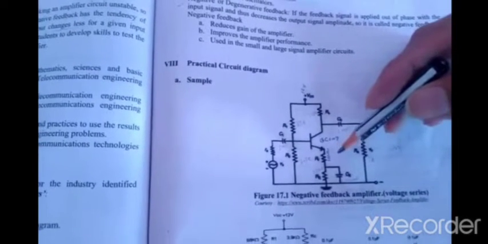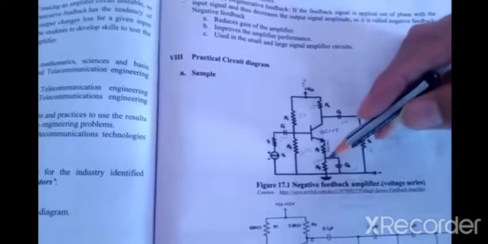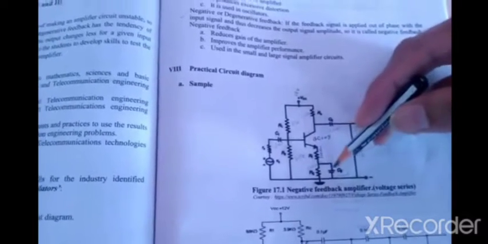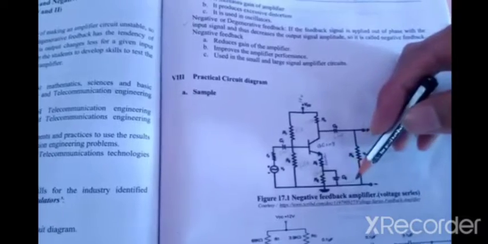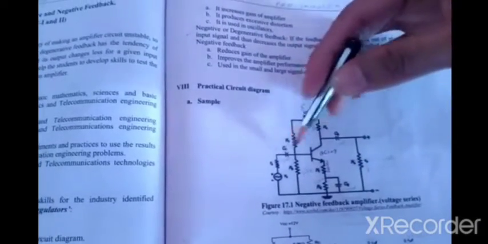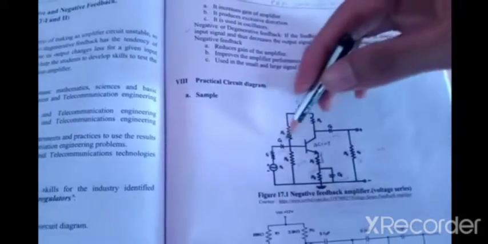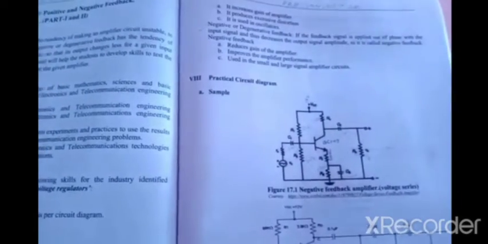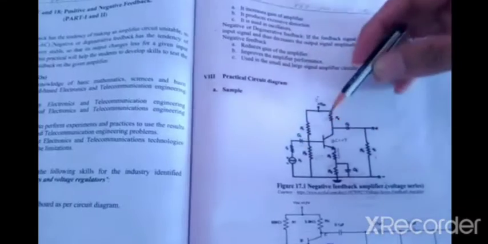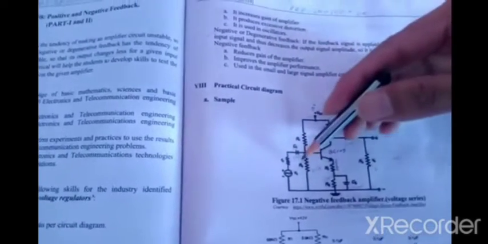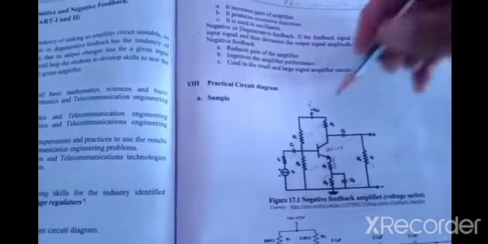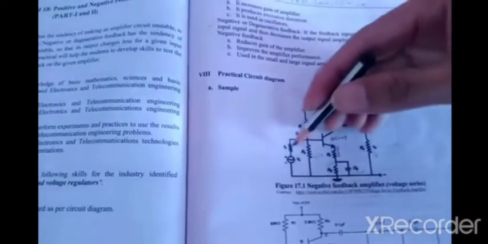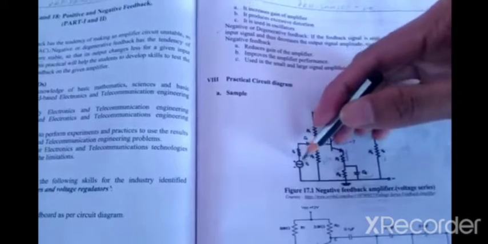RC resistor is of 1.5 kilo ohm, and above RC there is one more resistor, the feedback resistor of 100 ohm. This is the RD resistor of 330 ohm, the C of 10 microfarad, and these two are the coupling capacitors of 1 microfarad. The input and output coupling capacitors are of 1 microfarad, with a load of 1 kilo ohm. Now we are providing 12 volt VCC to this circuit. Here VCC is 12 volt.